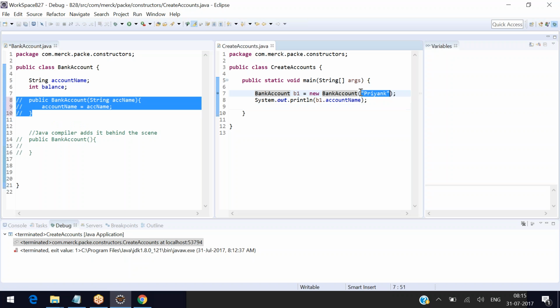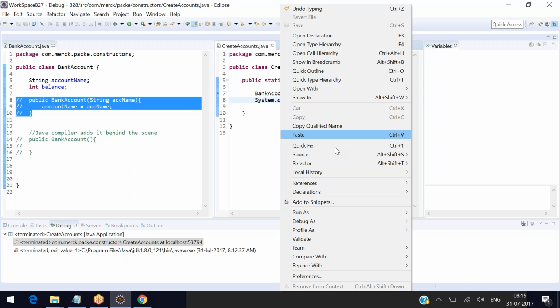So we never used to pass it. Yeah, we used to create the object and assign some value. Correct. And when I create this object, what used to happen? Say if I run this,